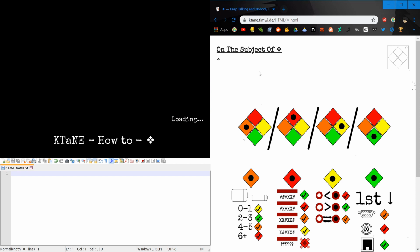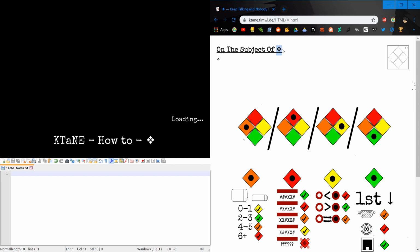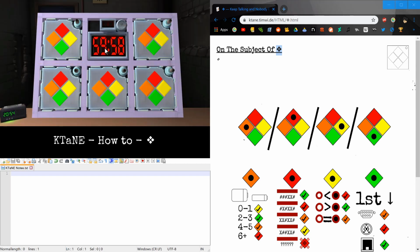In this tutorial we're going to be covering the, how do I pronounce this? It's like this diamond of squares. It looks like the module. I don't know. Well, the good news is you don't need to know either. This is what the module's actual name is. I can type it. Non-verbal Simon,